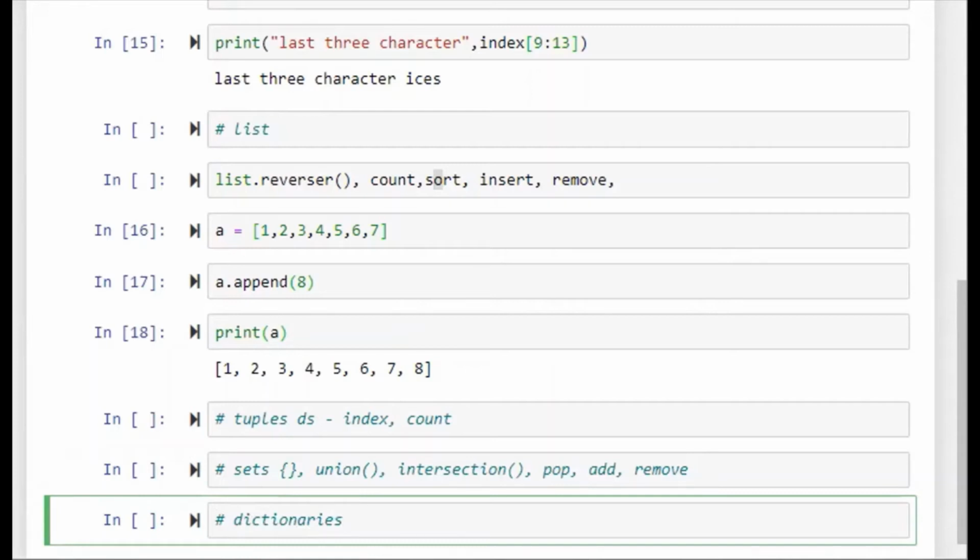Dictionaries do not allow duplicate keys and are mutable in nature. The dictionary is used in a scenario where you have to count the number of occurrences of an item in a list.